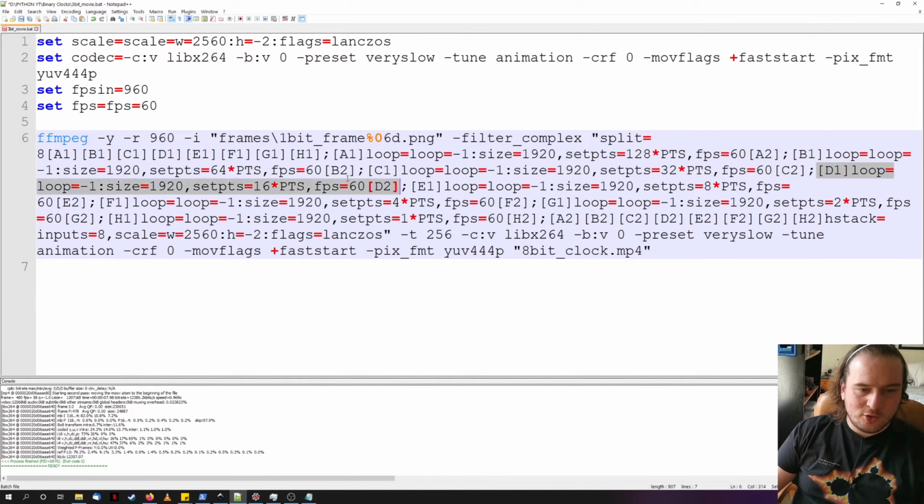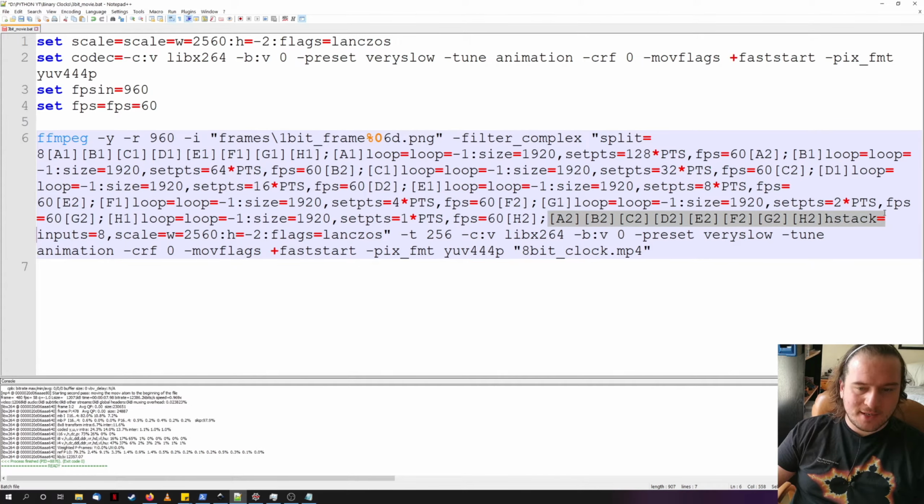And remember, this is all coming from one set of files in the folder. We're not generating every frame of the resulting video. We've generated every frame of a single clock ticking. And then we're stacking those clocks with different video playback rates together, all the way through until we get to